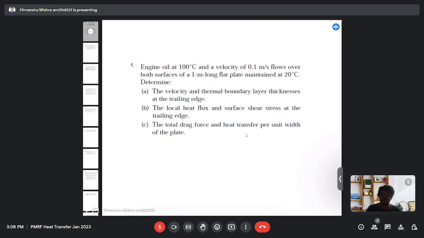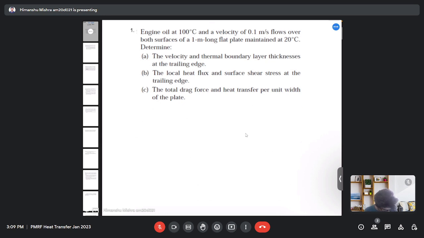In the first question, engine oil at 100 degrees Celsius and a velocity of 0.1 meter per second flows over both surfaces of a 1 meter long flat plate maintained at 20 degrees Celsius. In the first part, we need to determine the velocity and thermal boundary layer thickness at the trailing edge. So we have given